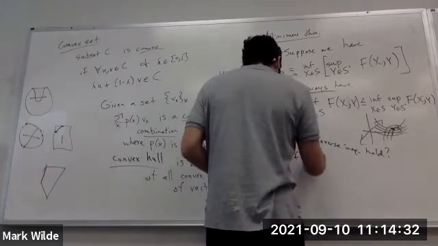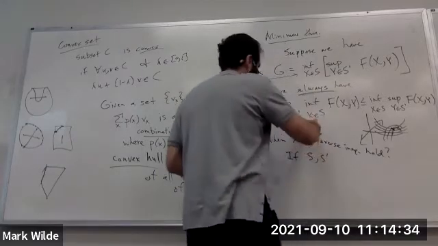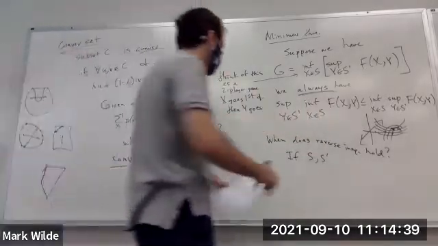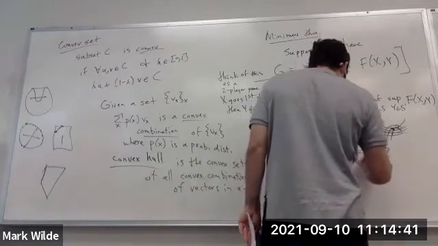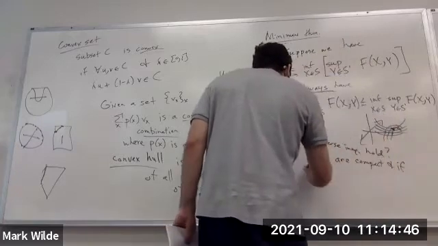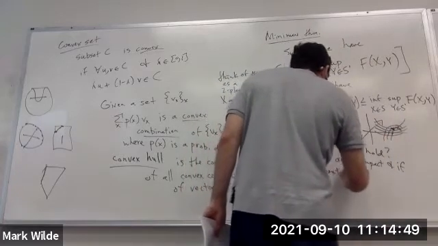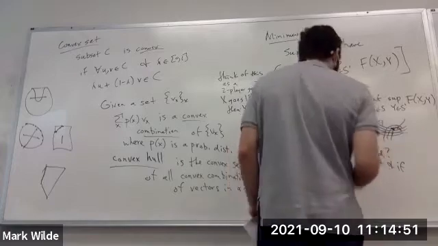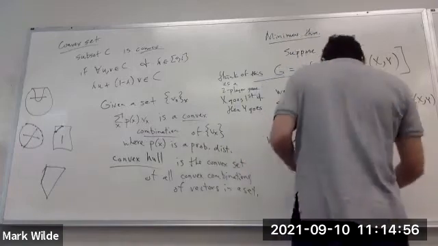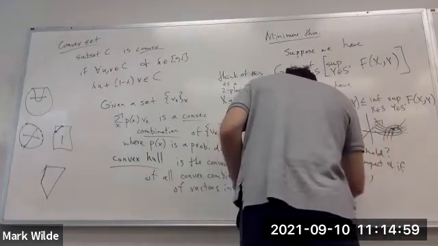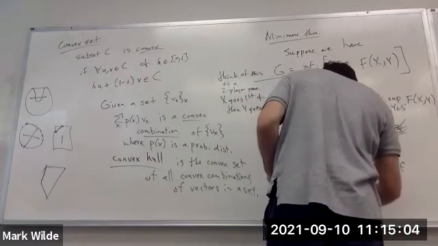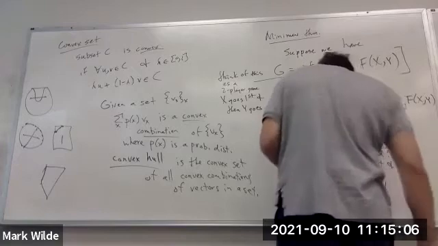So if these sets, S and S prime, from which the choices are being made, are compact, and if F is continuous, and if F is convex in X for fixed Y,